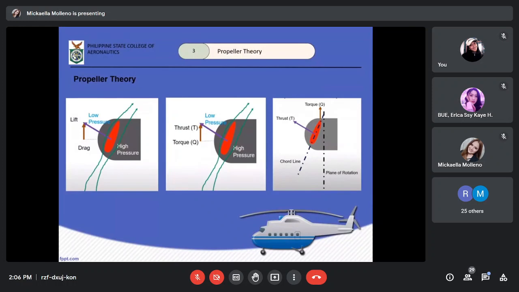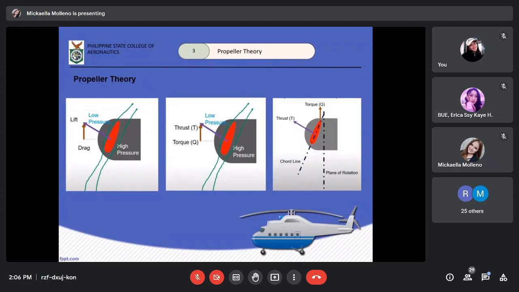Now, with the propeller naman, we still have that airfoil shape pa din, giving us the same theory sa propeller natin. But this time, we don't call it lift and drag. We call it thrust and torque, as you may see in the picture. I put it there side by side para mas madaling makita yung resemblance, para hindi tayo malito, since iba nga yung terms na ating gagamitin. And normally, thrust and torque is shown as the third photo.